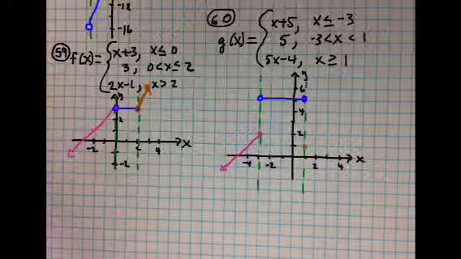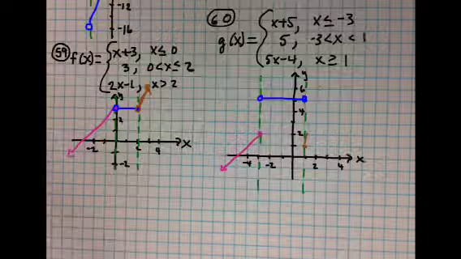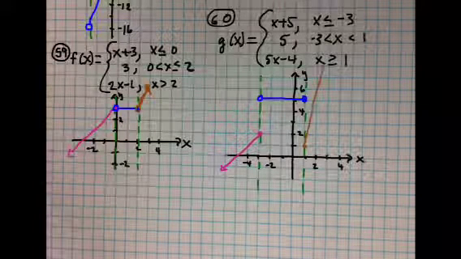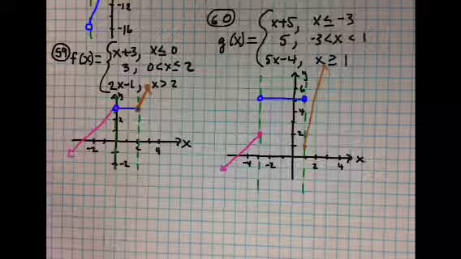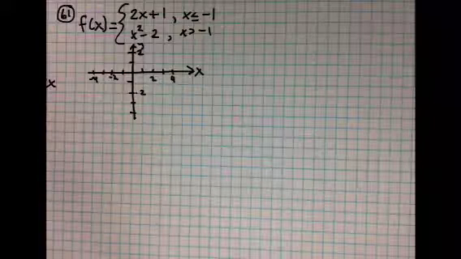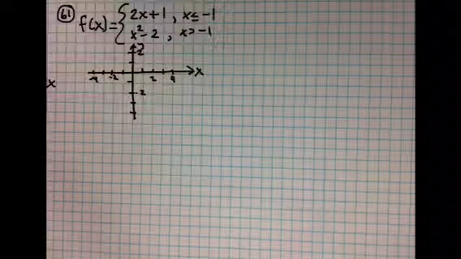And the slope is 5, so it's a very steep line. It's going to be about here. Right there. So there you have number 60. Okay, three pieces make up the function. Okay, for 61, we're back to 2 regions, 2 different